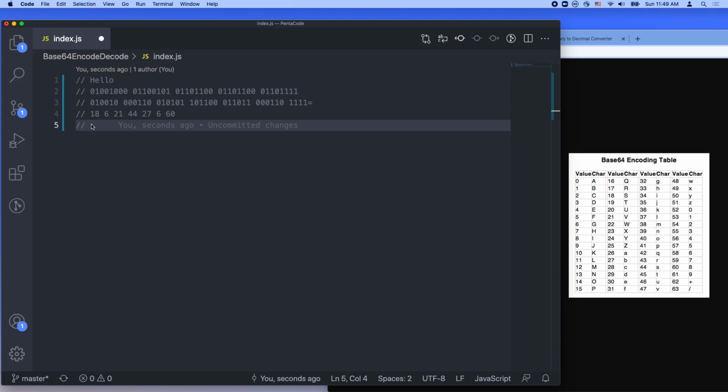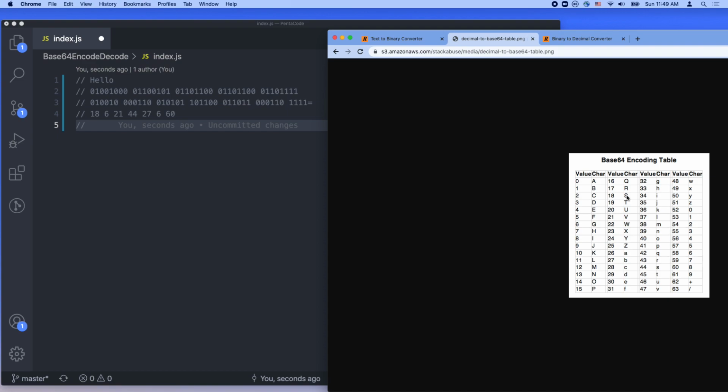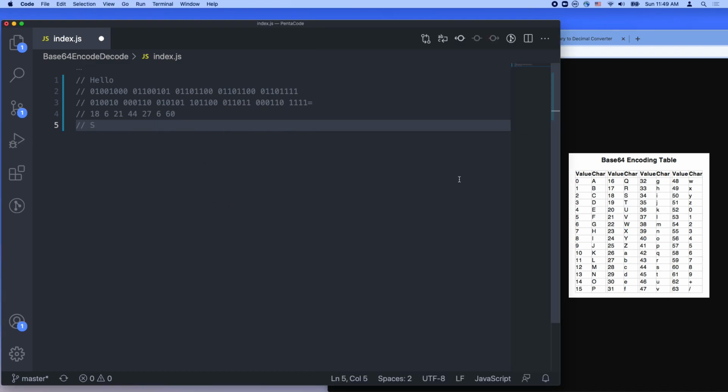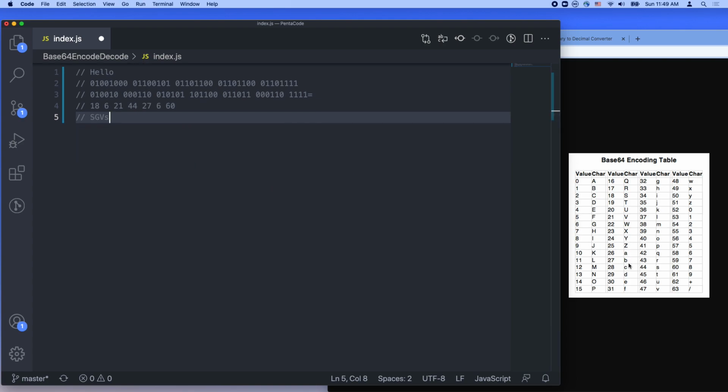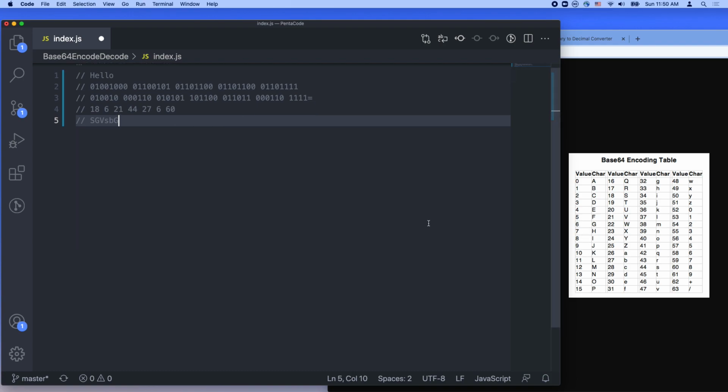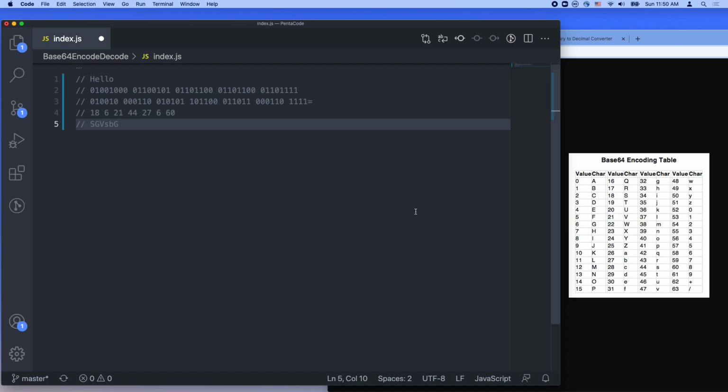So let's say you look at the number 18. 18 is down here, which is the letter capital S, and then the number 6, which is capital G, 21, which is capital V, and then number 44, which is the lowercase s, and then number 27, which is the lowercase b, number 6, which is uppercase G, and then the number 60, which is the number 8.